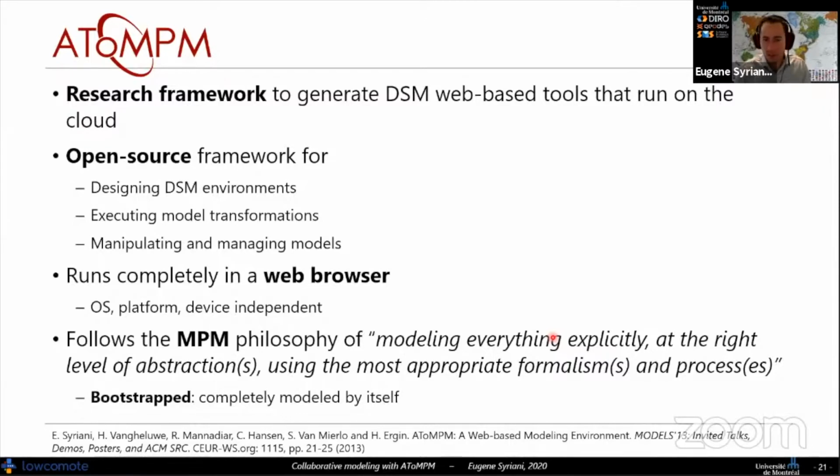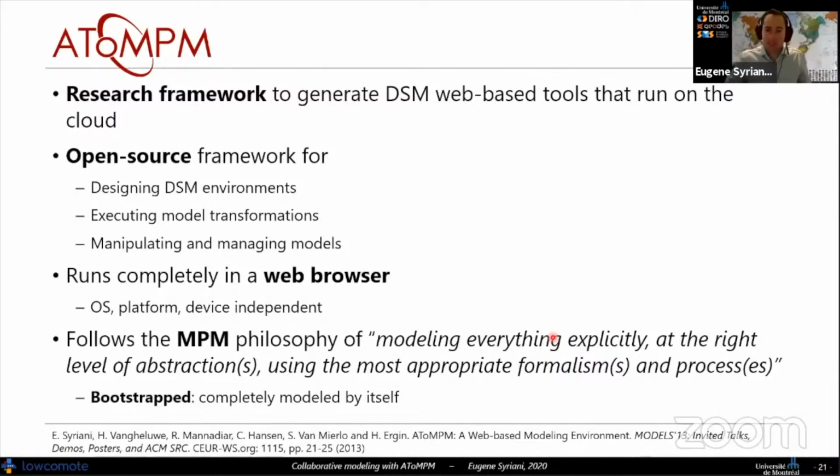It follows the multi-paradigm modeling philosophy, where we consider everything to be modeled. As I said, views are considered as models, even toolbars are considered as models. When we talk about multiple levels of abstraction, it's not a strict four meta-level hierarchy with M0, M1, M2, M3, but you can have as many M3s as you want.